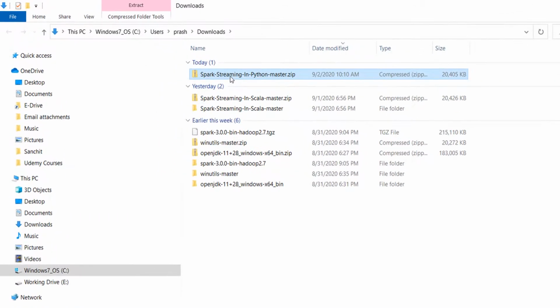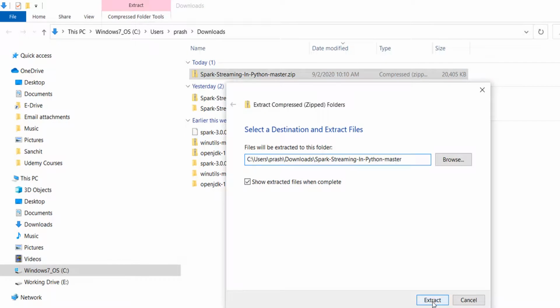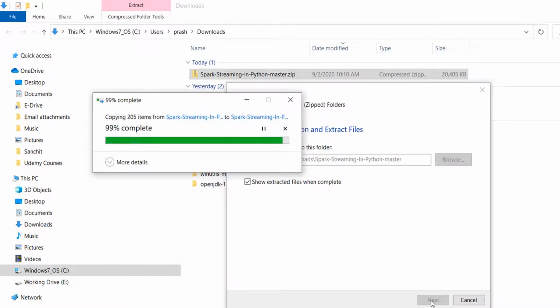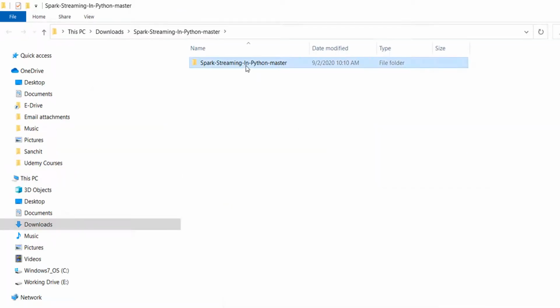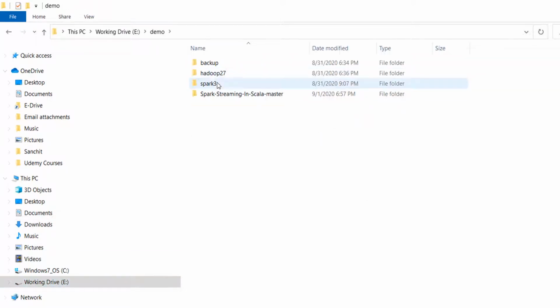This is going to give you a zip file. Uncompress it and keep it at a safe place. I'm keeping it here. Great.